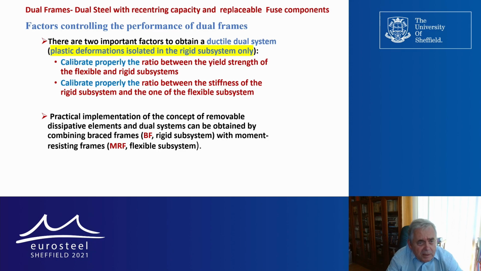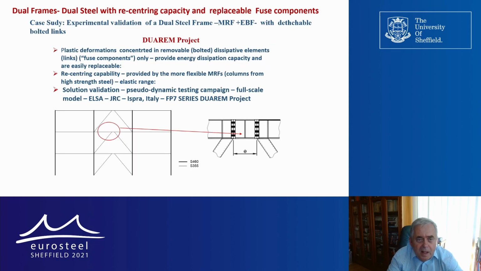First, we have to calibrate properly the ratio between the yield strength of the flexible and the rigid subsystems by proper design of the structure, and again to calibrate properly the ratio between stiffness of the rigid system and the one of the flexible system. So let's go further, and I am going to show to you a validation of such a system,